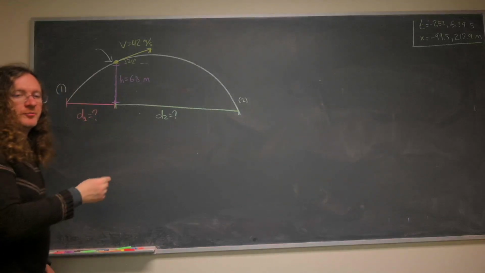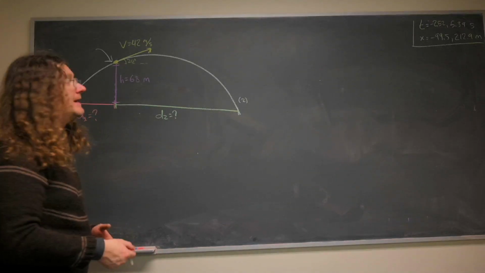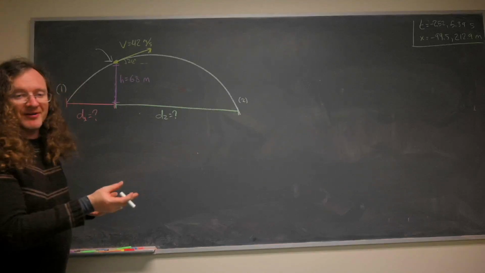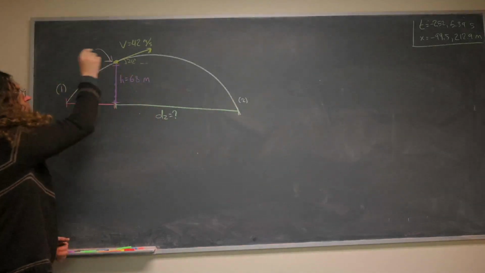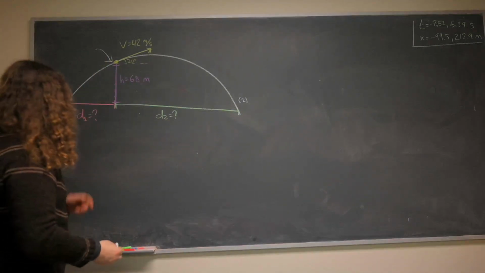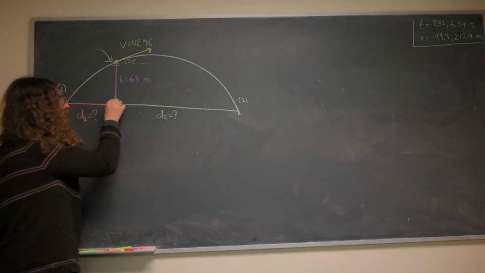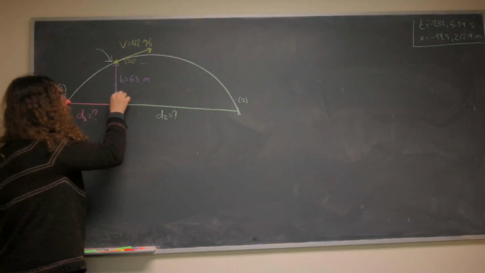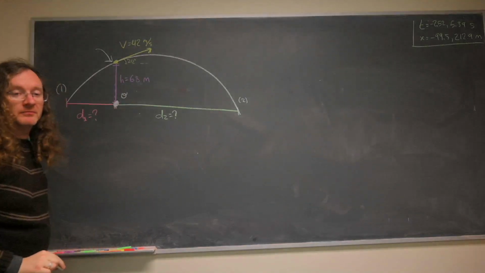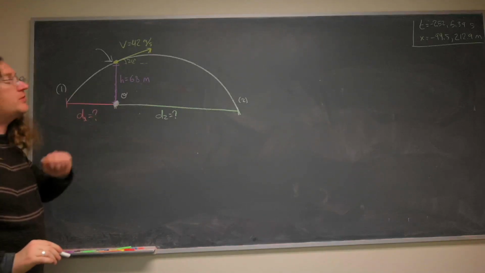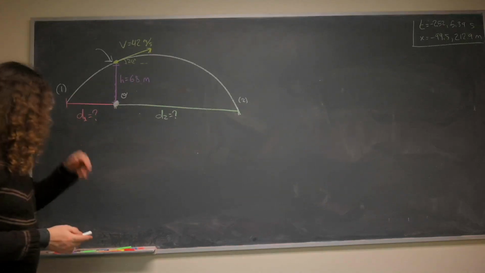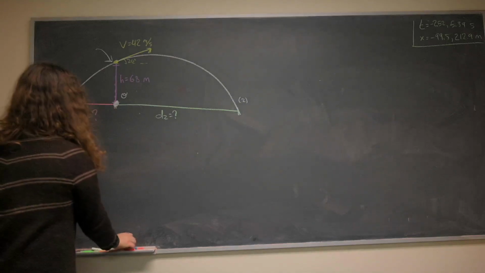First thing to do is pick a coordinate system, pick an origin. Here it's not entirely obvious, right? Because we don't know where the water balloon started, we don't know where it's heading, but we do know where it is. And to avoid negative numbers as much as possible, I'm going to pick an origin at this point. The origin will be here, underneath the water balloon where it was measured. And then with that coordinate system,